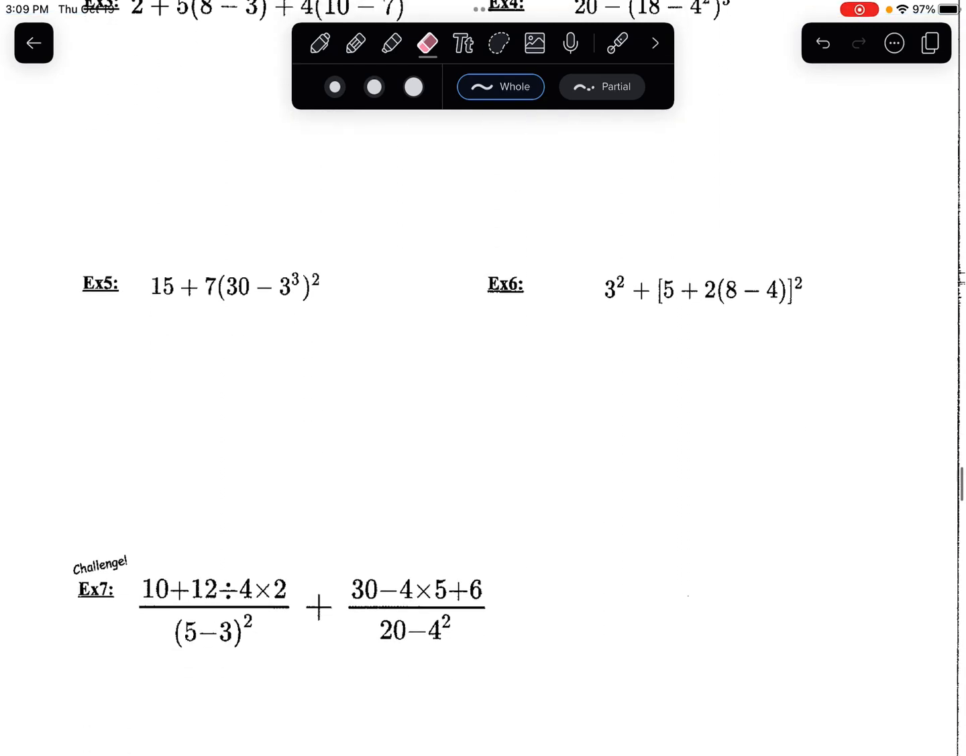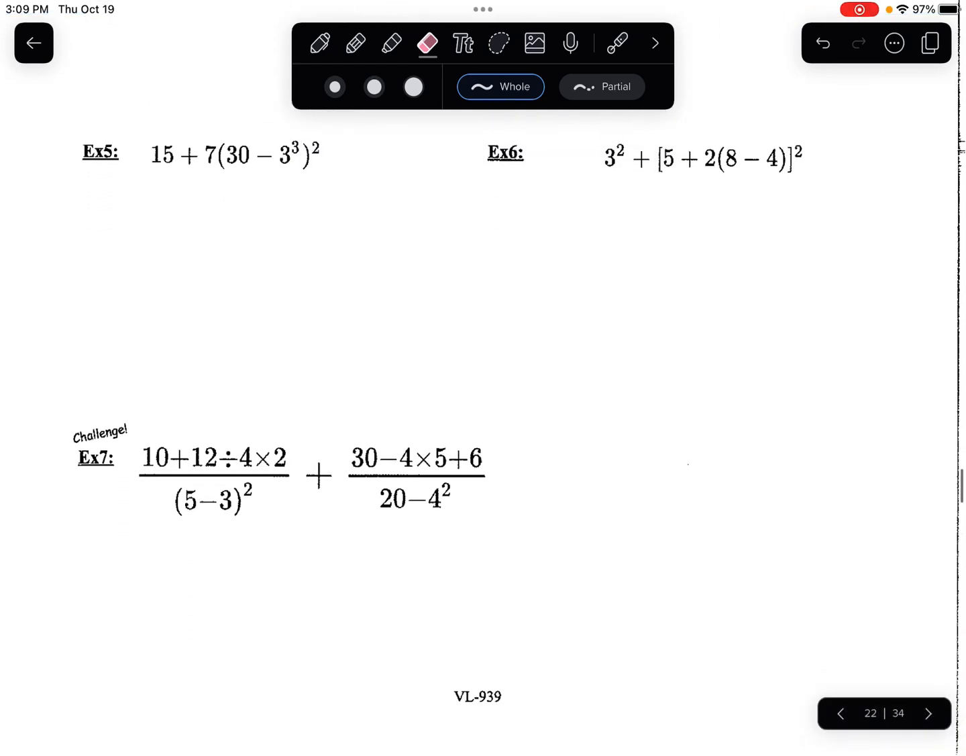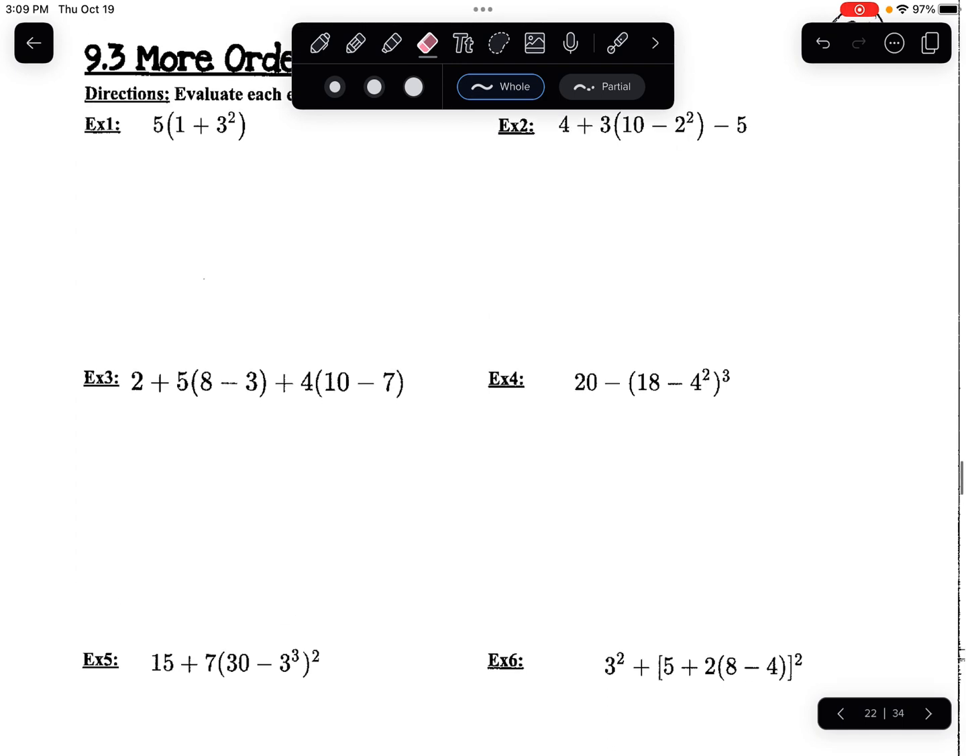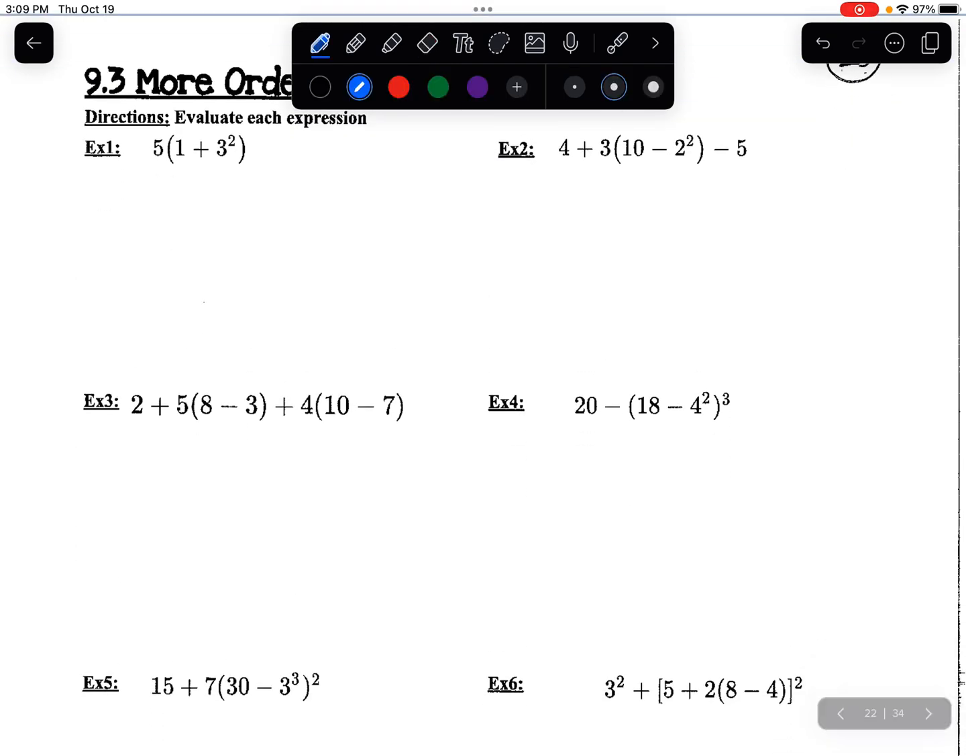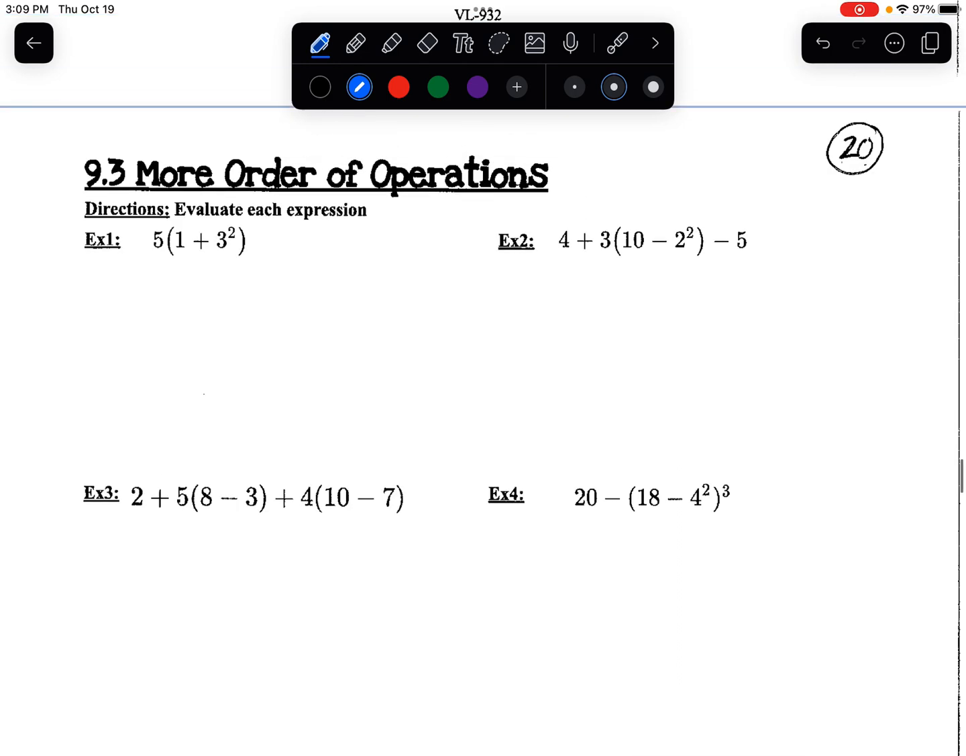In this video, we are going to go over some more order of operations questions. This is VL-939. These are some tricky ones, so let's get started. We're going to start off with example 1, where we, don't forget to remember